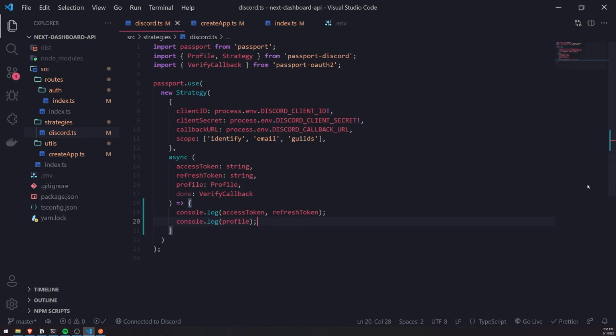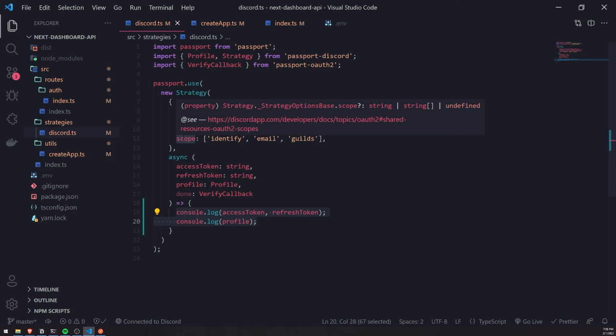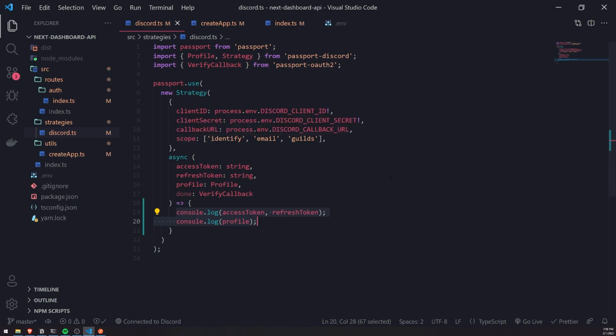Okay, so how do we do that? Well, first, we're going to need to set up a mongoose schema, and we'll also need to connect to the database. And once we have the database connection and our user schema set up, we can then jump back to this verify function and start saving the user to the database or creating it if they don't exist. So we'll save that for the next video because I want to keep these videos short and simple. In the next video, we'll install Mongoose, and then we'll set up a user schema that will represent a user in our application, and then we'll go ahead and create the user,